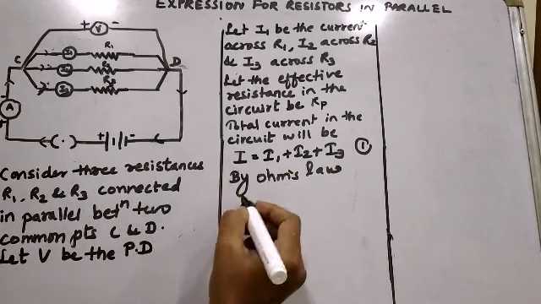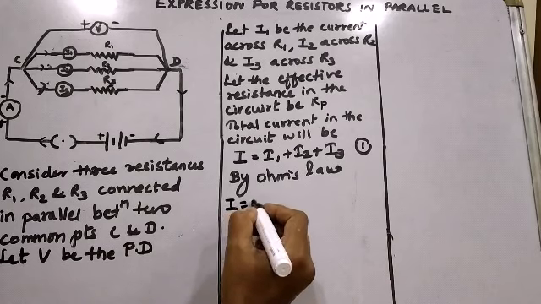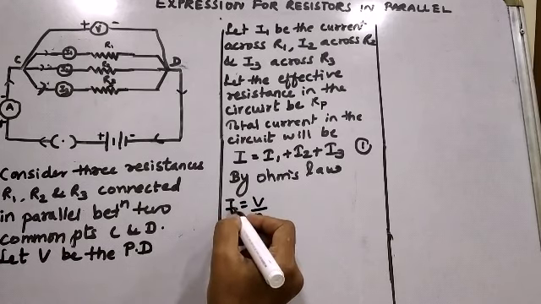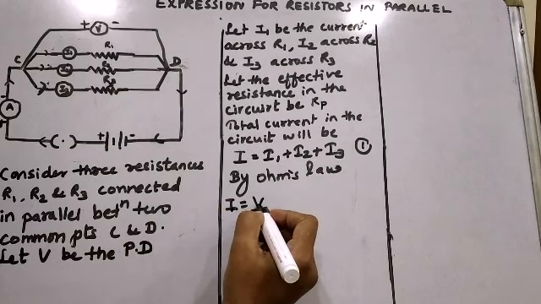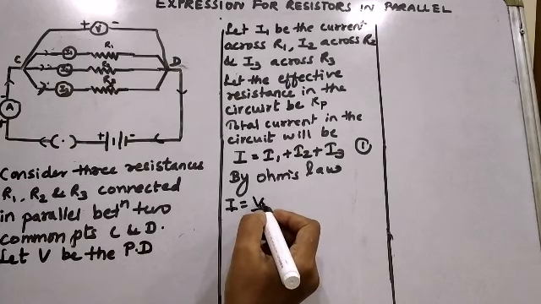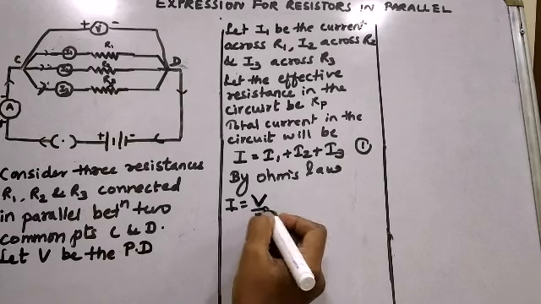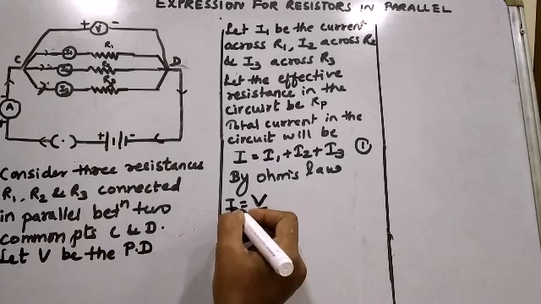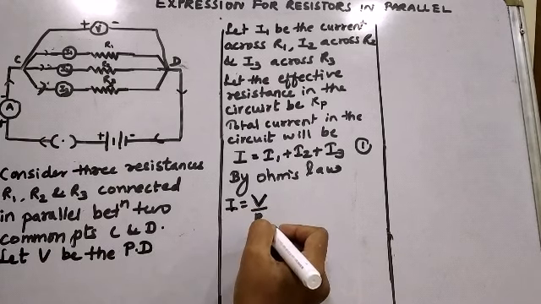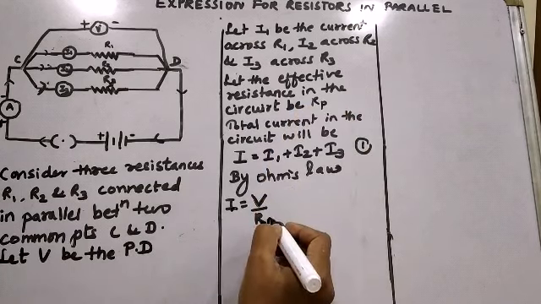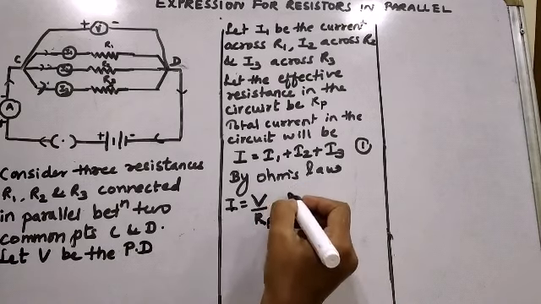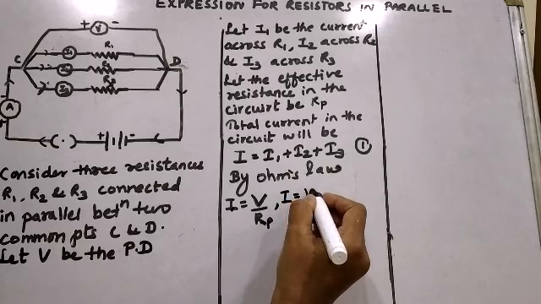So I am going to do the substitution for I is equal to V upon R. I is the total current, so it will remain as it is. V is the potential difference, and we have already said in the beginning that the potential difference across all the three resistors is going to be the same. That is, the voltage is going to be the same. So V will remain as it is. Upon R. What is R here? If I is the total current, R will be the total resistance of the circuit. So what is the total resistance or the effective resistance of the circuit? It is Rp. Then I1. I is equal to V upon R.